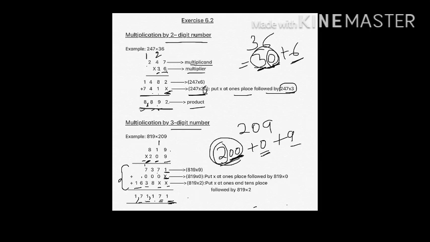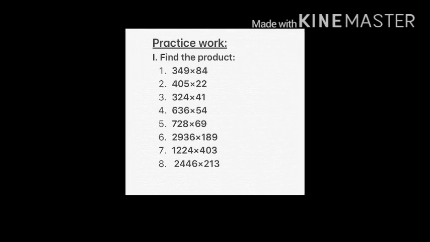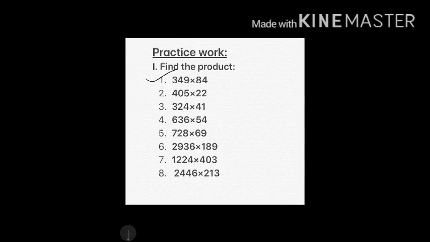So I have taken some blank pages here to make you understand. I'll be doing 2 sums in front of you to make you understand quickly how the multiplication is done. Alright students, so this was the practice work which I had given you. All of you have to practice this in your practice copy, and do it neatly. So I'll be trying out number 1 and number 7 for you to make you understand this multiplication. So moving ahead.